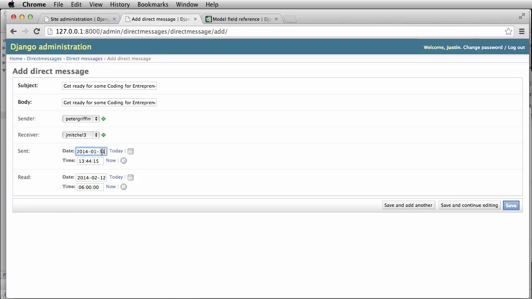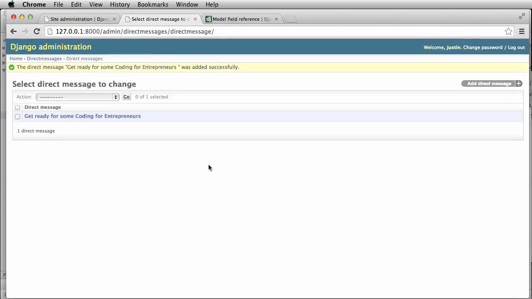And then we'll put the sent date back to like the 7th or something. Okay, so now if we save that, we now have this message. So it's ready to be viewed. Let's practice seeing the messages and see how we want to actually get the messages before we actually create the messages. Okay, so we will do that in the next